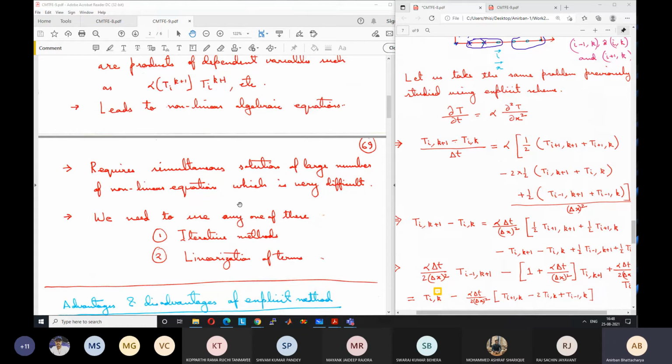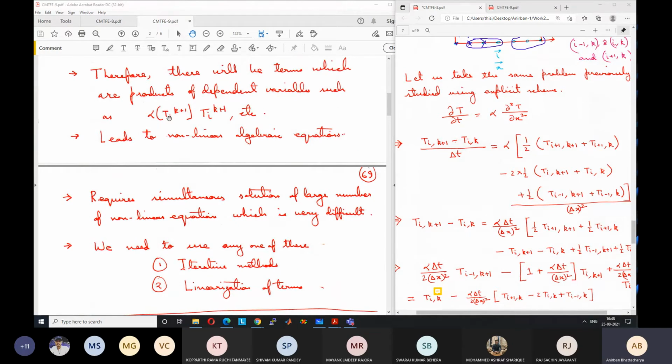So what we need to do in those cases is an iterative scheme. Iterative schemes mean that for one of the terms, say this alpha value, which is using T_i^(k+1), we take the previous iteration value and then find the other unknown, and then repeat the process. Means for this one value we have taken from the previous iteration and we are finding the current iteration value of temperature. Then using that current iteration value in calculating the value of alpha, we are again repeating the process, again finding a new iteration value of alpha, T. Like this we continue until we reach a stable, converged solution.